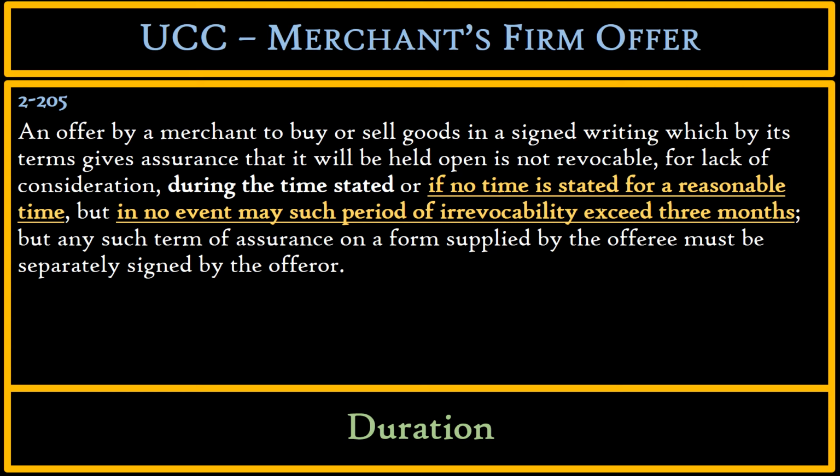If a merchant says, I promise to sell you goods at a certain price and I promise to keep this offer open in a volatile market, the longer that offer is open, the more exposed to risk that merchant is. So you as a reasonable buyer would not expect that offer to be open for a very long time. And so a reasonable time in that situation might be a short time indeed. Keep your eyes open for these types of fact